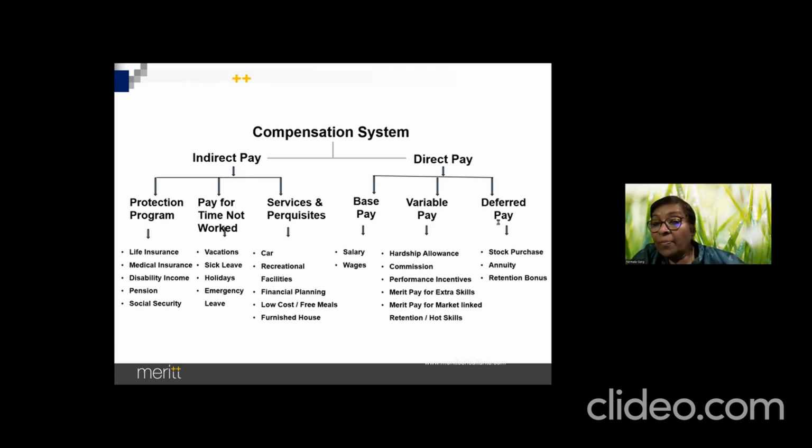So when I talk about a pay mix, what is a pay mix? Pay mix is the combination, the percentage of direct pay, the base pay, the variable pay, and what kind of components you are going to have in indirect pay. That's called the pay mix. Now, the pay mix is also dependent on the kind of strategy. Say, for example, my compensation strategy is high retention. What will I do? What kind of a mix will I have?